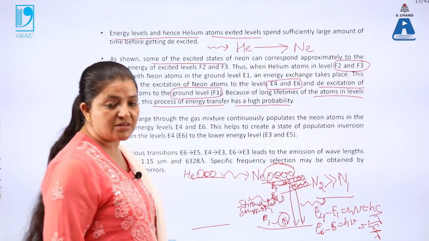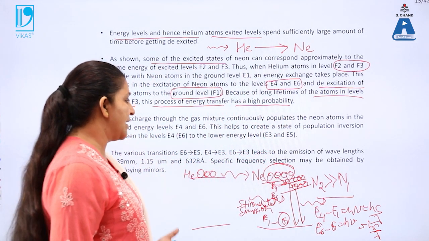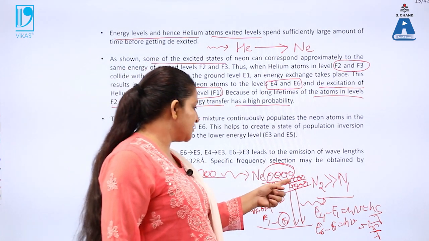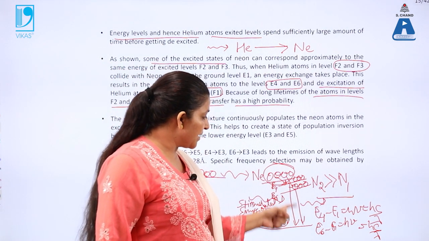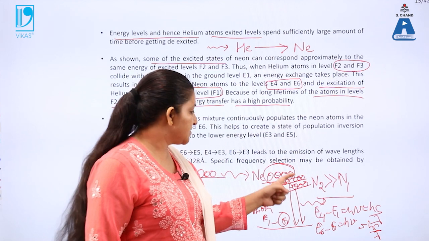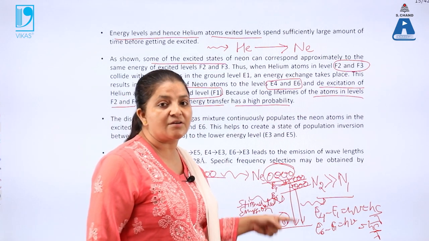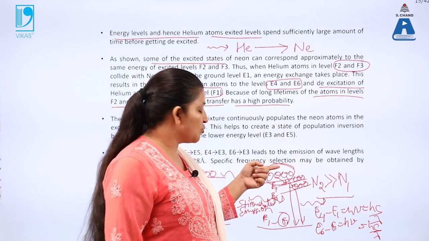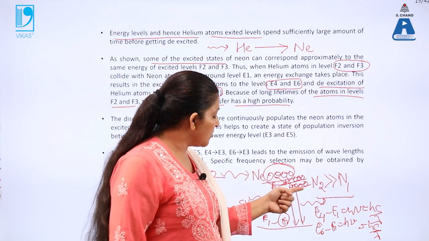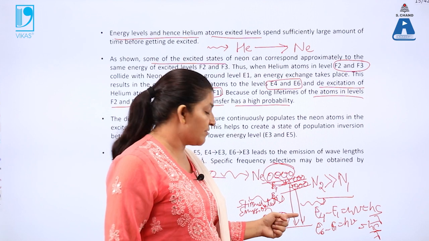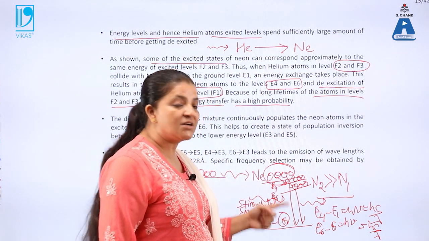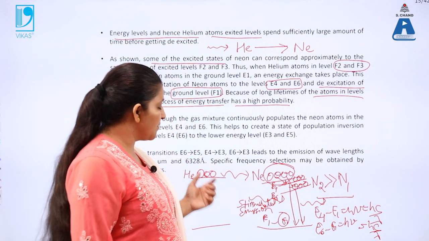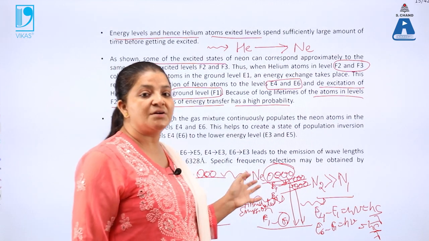What is lambda over here? That is the wavelength of laser light. This process takes place multiple times, meaning there occur multiple reflections and transmissions. Again these atoms jump to the higher energy state, again to the metastable state, then to the ground level. So this process takes place continuously, stimulated absorption and stimulated emission.